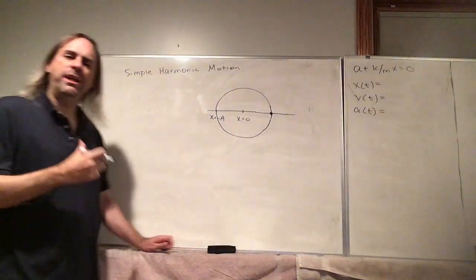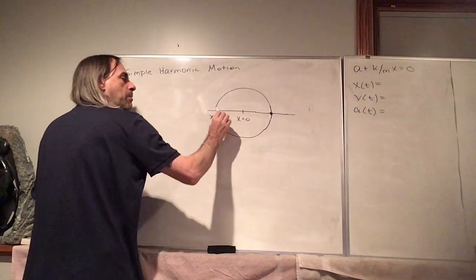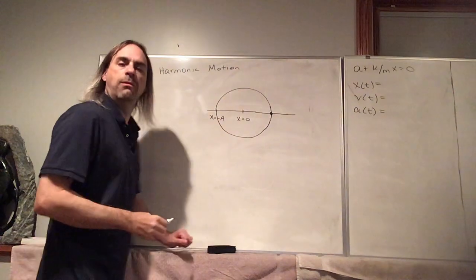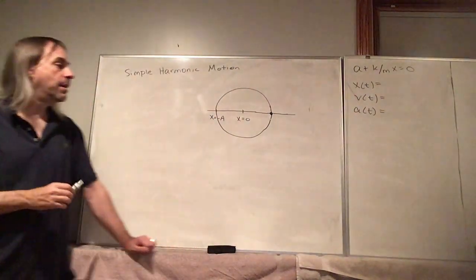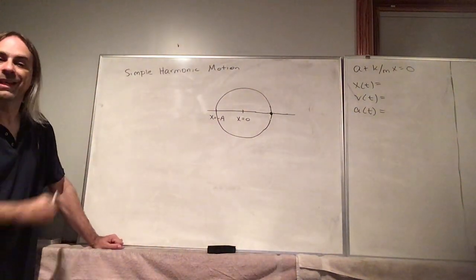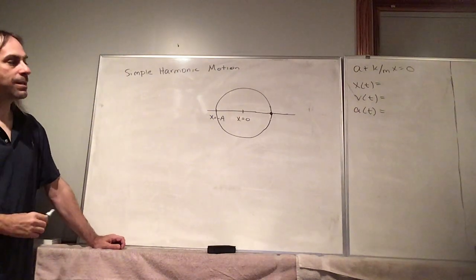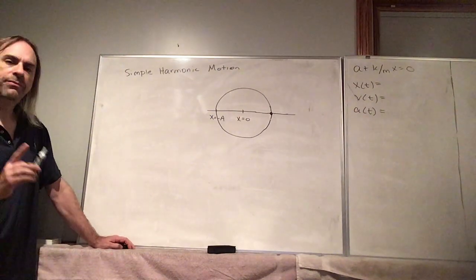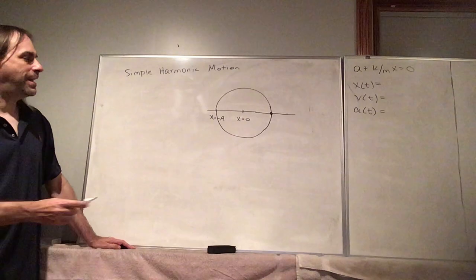So we have this point, and we know this point is going to be moving back and forth, but we want to be more descriptive than that. We want to be able to talk about where it is at a given time, how fast is it moving, that kind of thing. So what we're going to do is we're going to consider